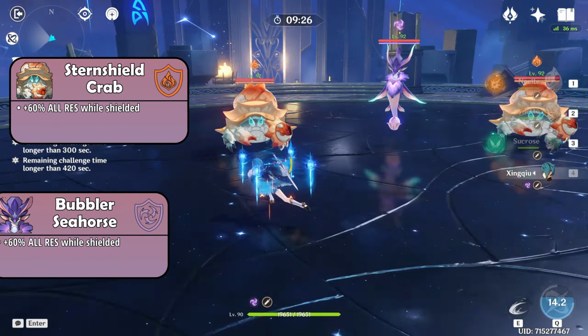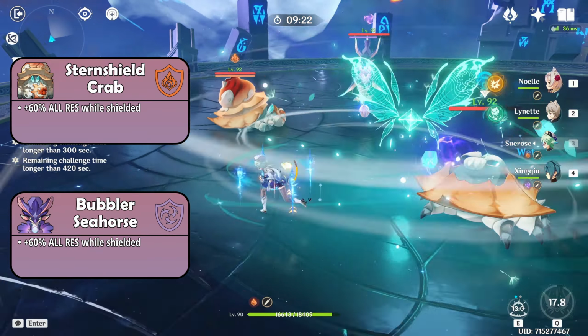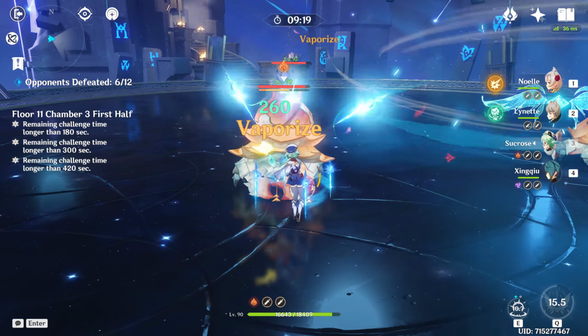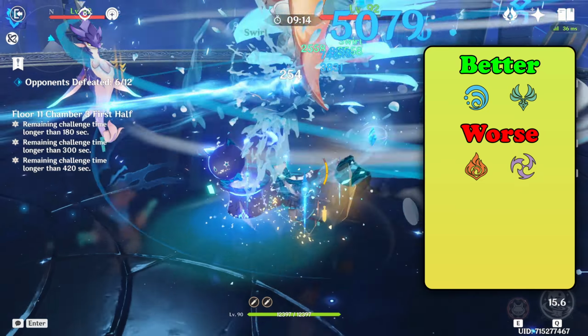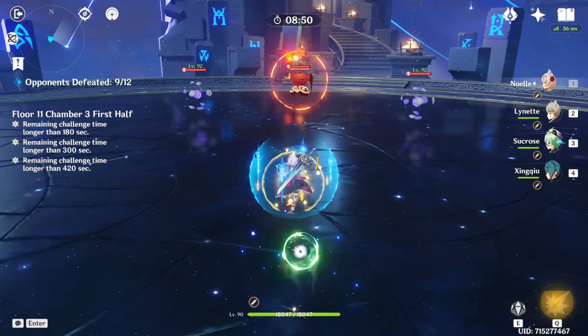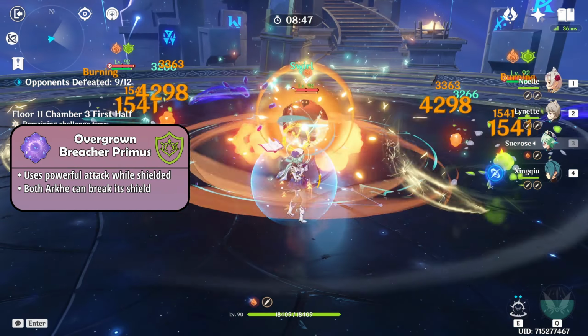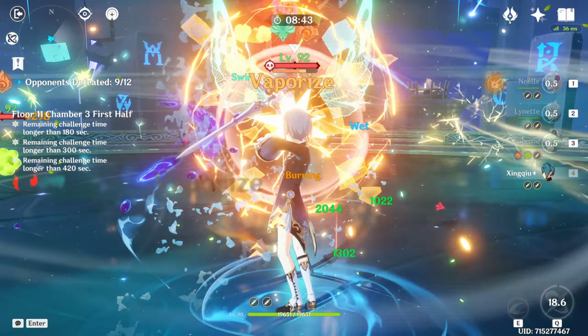However, the main concern here is Pyro shields, so having Hydro to counter them saves a lot of time. Seahorse also has Electro shield, but you can destroy it by swirling Pyro shields into it, so including counter for it is unnecessary. Same goes for Breacher's Dendro shields. Even though Electro is the best counter for them, you can simply burn them by using Anemo to swirl Pyro